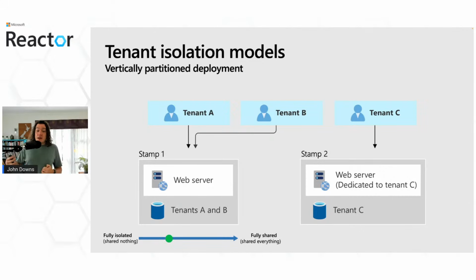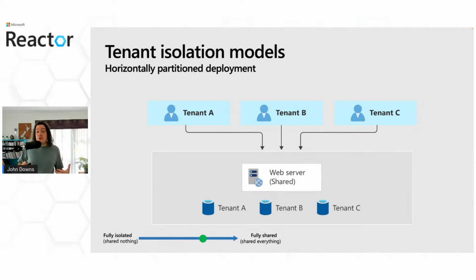You can also use this approach to scale out your solution globally. You might deploy one instance of your solution in the United States, another in Europe, another in Australia, and then your tenants can use the deployment that's closest to them and it'll give them the best performance. You can also use this approach to implement different price tiers with different service levels. And you can use it to roll out new versions of your solution progressively instead of deploying to all of your tenants at once.